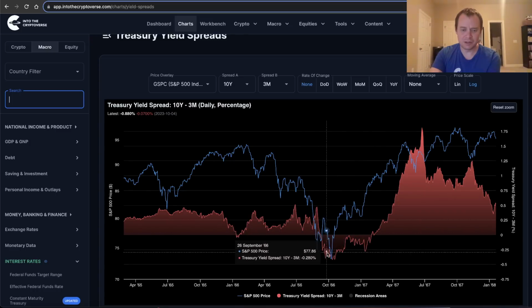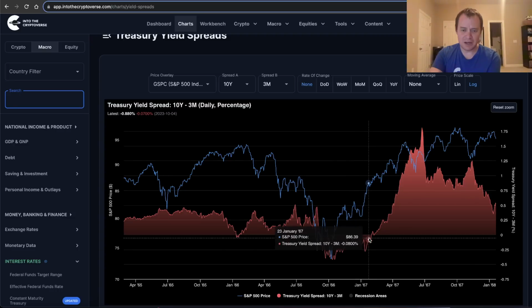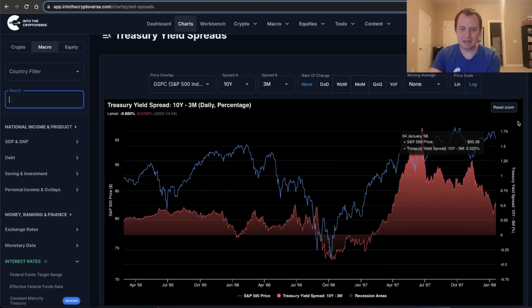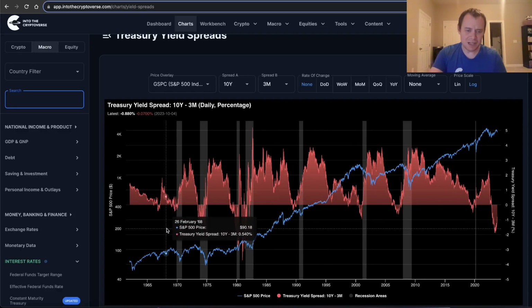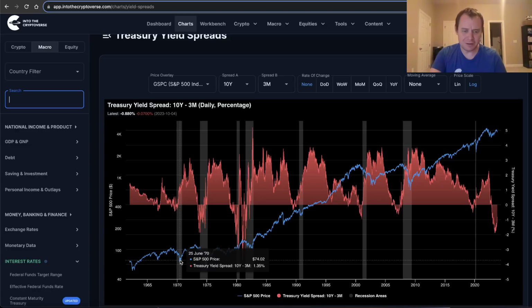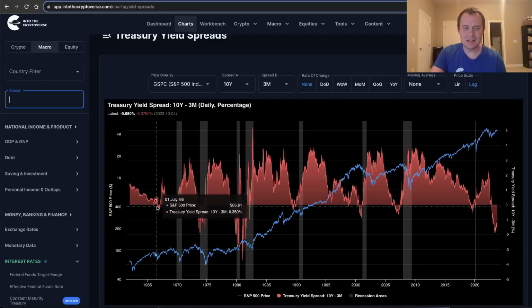So we had an inverted yield curve here in 1966. It inverted in September of 1966, and then it uninverted in January of 1967. So it was just a few months, and we did not get an immediate recession. Now, what's interesting is even though we did not get an immediate recession, we still ended up putting in a new low the following business cycle, and then another new low the business cycle after that. So even in the case where it did not lead to an immediate recession, we still eventually got new lows, right?